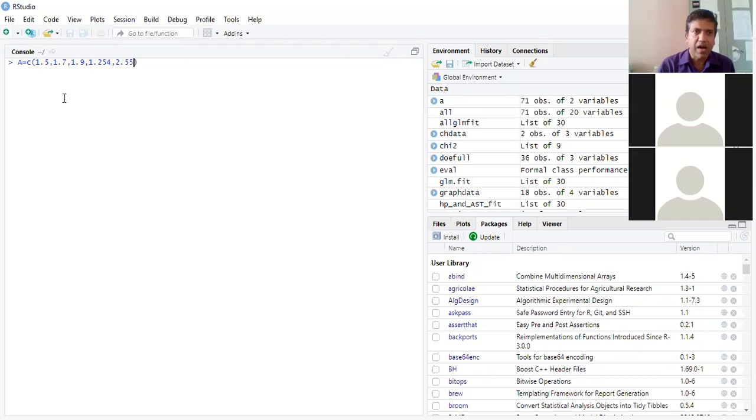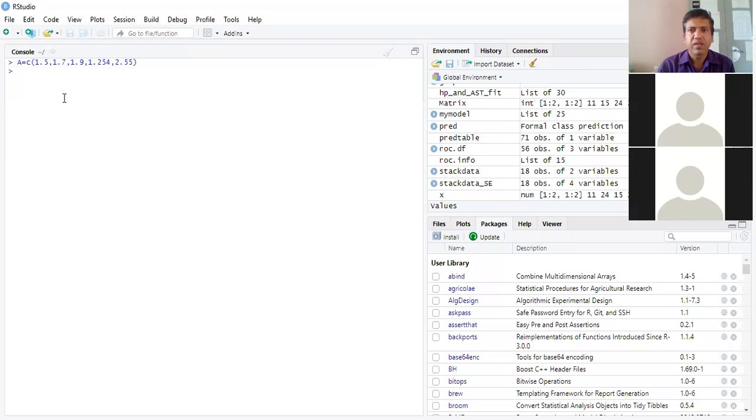I've entered it, and then just press enter. Now the data is entered. To check my data, I put capital A here and press enter. Now you see the data is entered: 1.5, 1.7, 1.9, whichever I've entered.